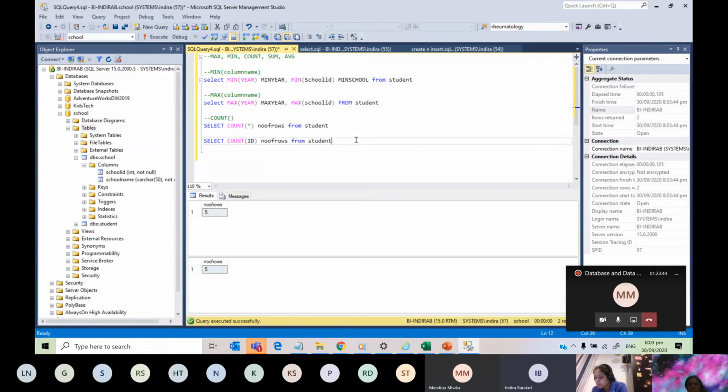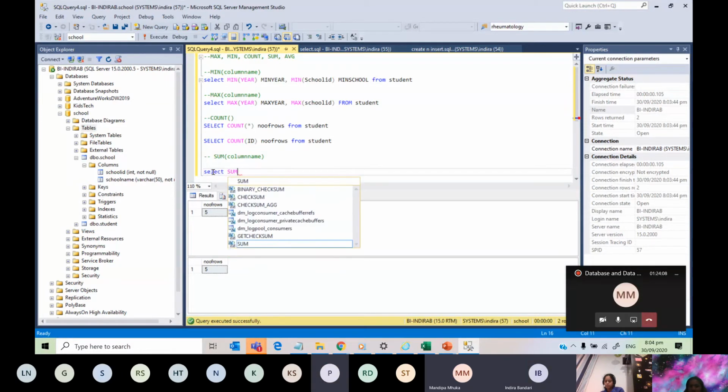Now let's go to sum. Sum also will be used for integers, and sum should be used with a column name. Now select, who is going to tell me what I should put here? Yeah, sum, open brackets.